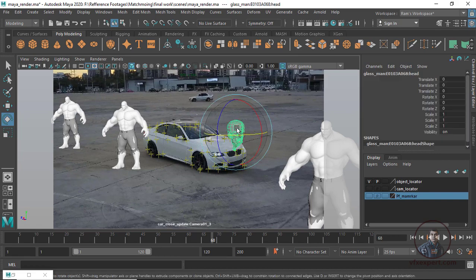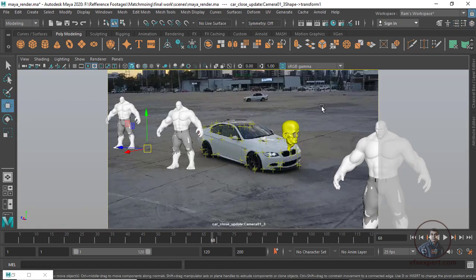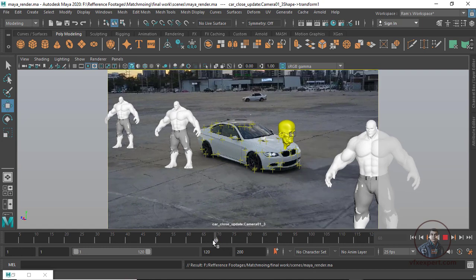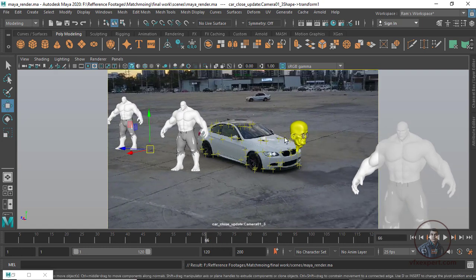Now change little bit color your objects. Okay, now first select. Okay, I think this is looking good. Control S, save the file. Now just play and check. Now you will see, now you are on frame 68. Okay, now just play and check. Now you will see here it's not following your object motion.